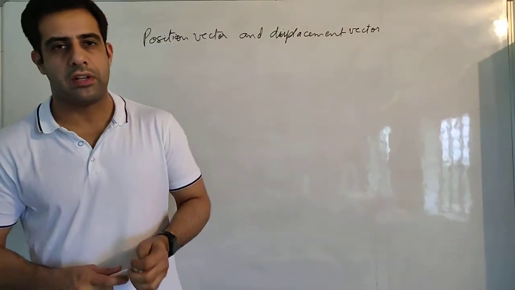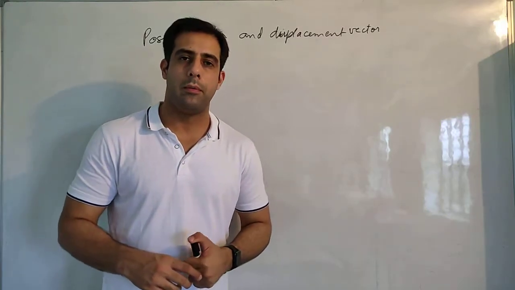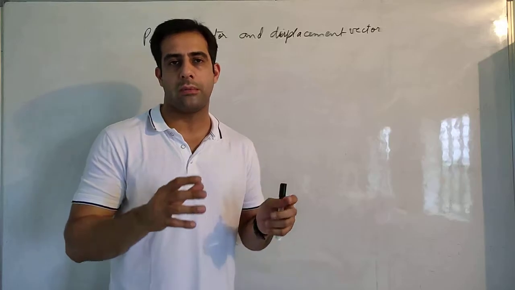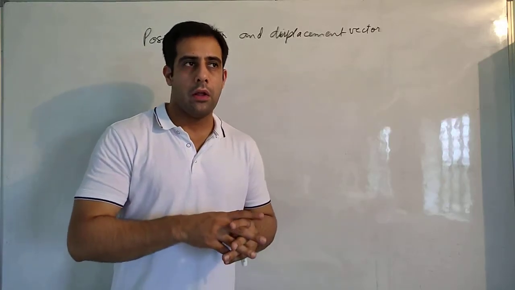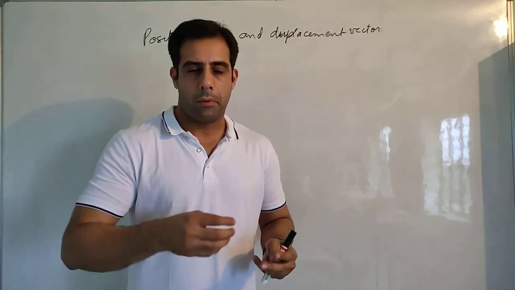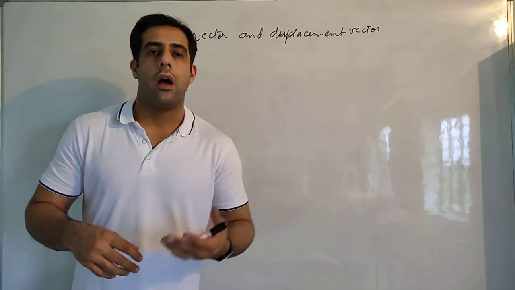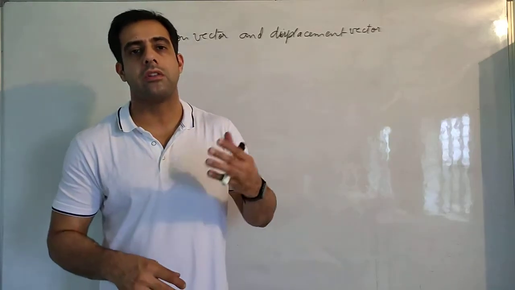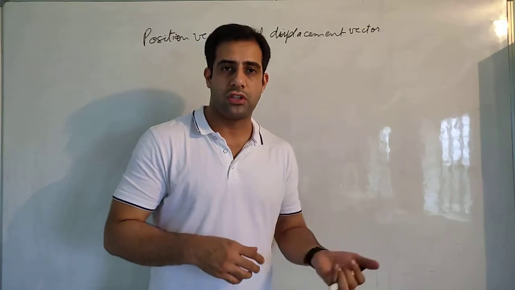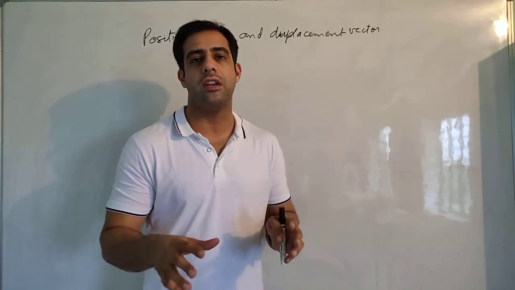Now our next chapter that we'll be starting later on will be motion in a plane. Before we started motion in one dimension, I told you some things about a vector. Now in a plane, we would need all the vector operations: multiplication of vectors, scalar multiplication, vector multiplication, different kinds of vectors, resultant vectors, position vectors, displacement vectors. All of these we will need.